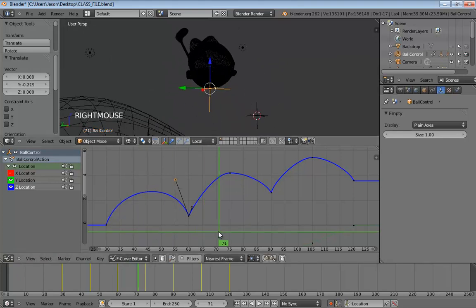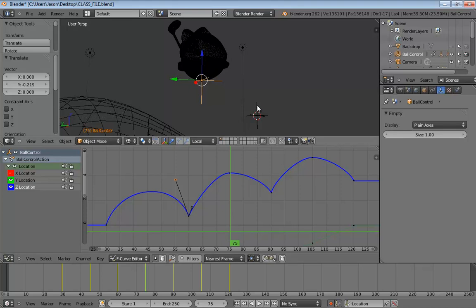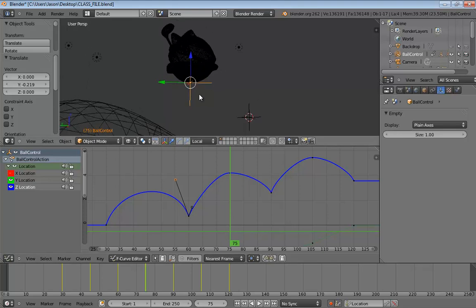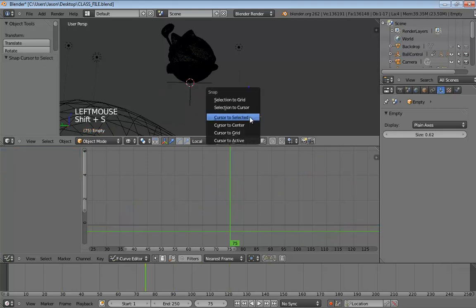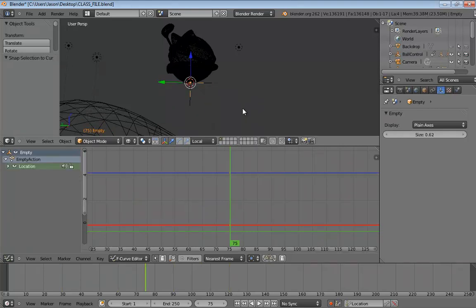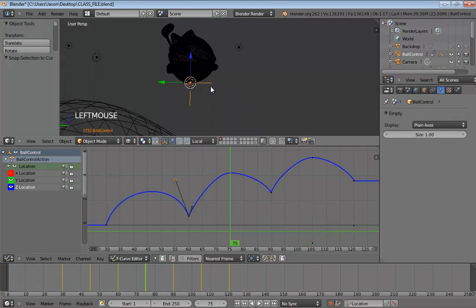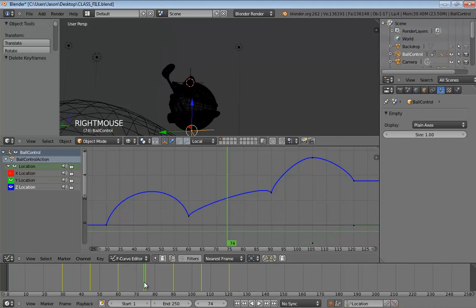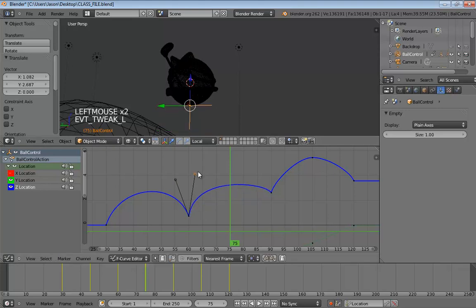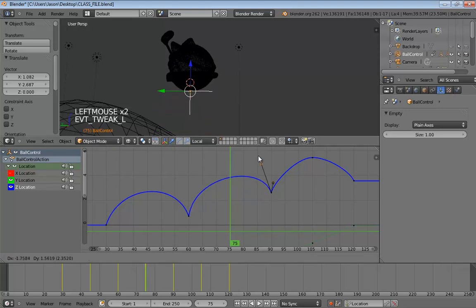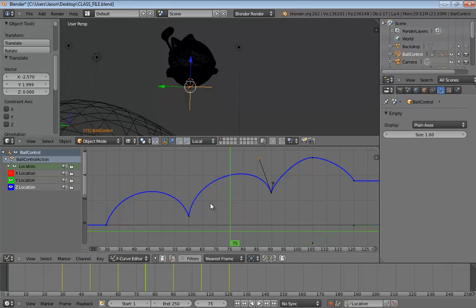And now let's go up to the next one. So we'll get right up here to the peak. And we could do this. We could just say Shift S, cursor to selected, grab U, Shift S, and selected to cursor. And just snap him over there too. So that's handy. Go back, delete out our keyframe, bump the timeline once again. And again, just kind of that tug of war. A little on one side, a little on the other side.